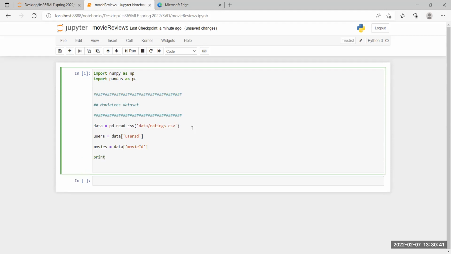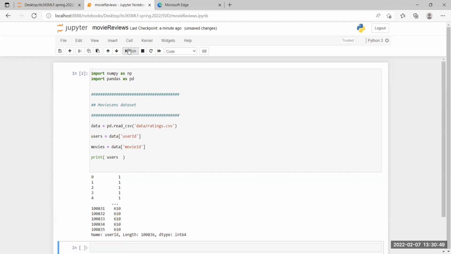So let's print out users. There are about 620, so that shouldn't be too big. See, there they are.